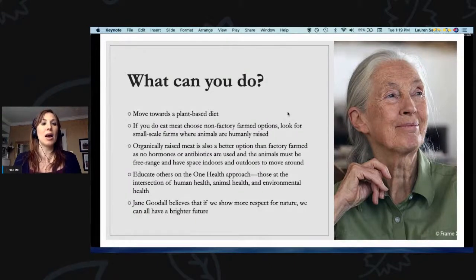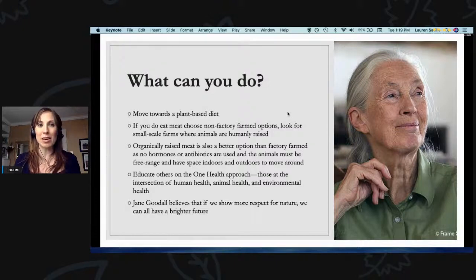And if you do choose to eat meat, try to make more informed choices about where your meat is coming from. So go to your local butcher, ask where their meat is coming from. Is it coming from factory farms, or is it coming from local small-scale farmers who treat their animals well, who don't cram them into small enclosures? Organic meat is also a better option than factory farm meat or conventional meat because they don't use antibiotics. So we're getting away from that issue. So there are many alternatives you can choose to factory farm meat.